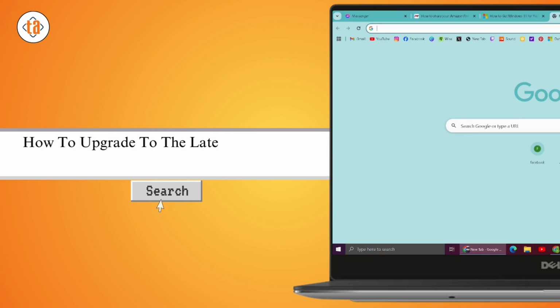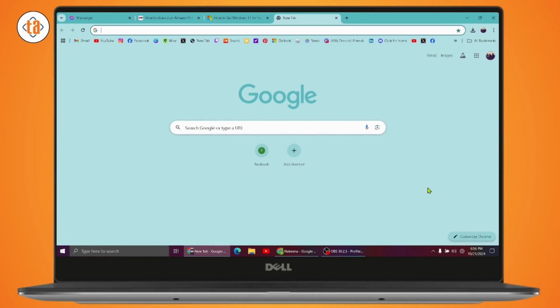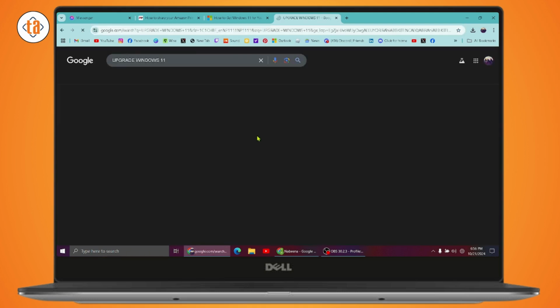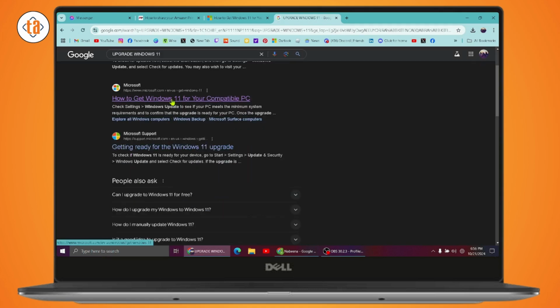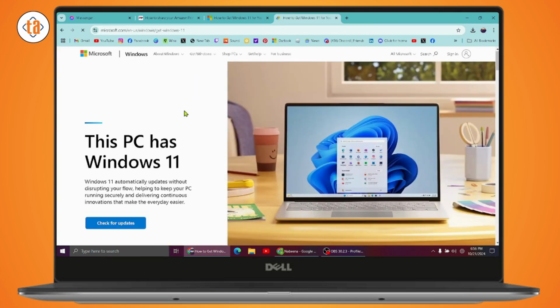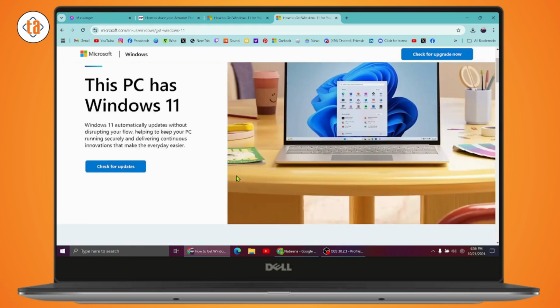How to upgrade to the latest version of Windows 11. So if you want to upgrade to the latest version of Windows 11, then what you need to do is simply go to your browser, go to the search bar, and search for upgrade Windows 11. And you can simply go with the second search and it will take you to this kind of page where